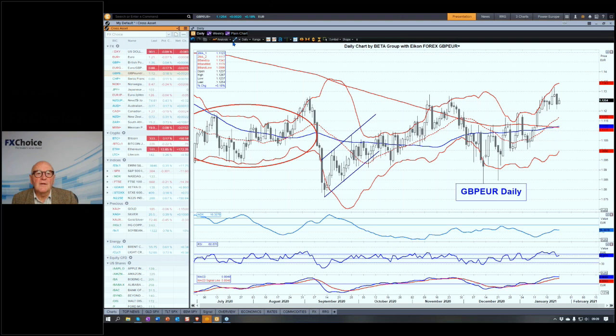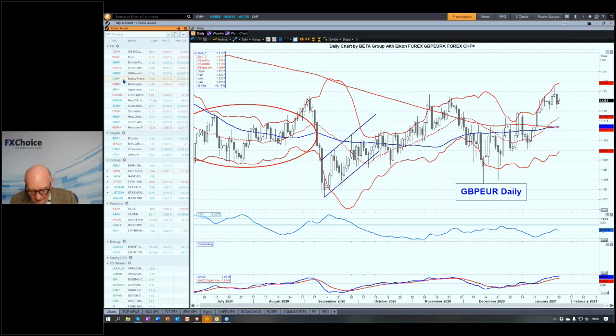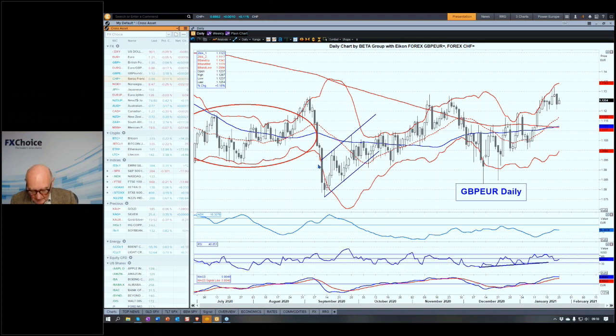But I think it's only an intermediate pause in it. This is a very small divergence. It's not a major signal of the end of the trend or anything like that. Not at the moment, anyway. Moving on now to the Swiss franc. So the Swiss franc touched the 2014